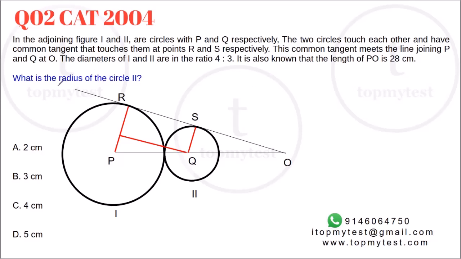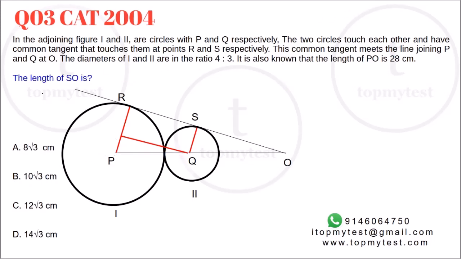The second question also can be solved pretty easily. Now, what is the radius of the circle 2? Now we know this is 21 parts, this is 7 parts, the full is 28. We also know that the ratio is 3:4, which means this line will also be split in the ratio 3:4, right? Because this is radius of circle 1, this is circle 2, this is radius of circle 1. So this line will also be split in the ratio 3:4, 7 split in the ratio 4:3. So this is 4 parts, this is 3 parts. 3/7 of 7 will be equal to 3. Option B. Pretty straightforward.